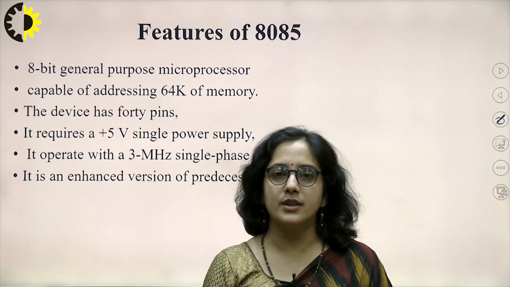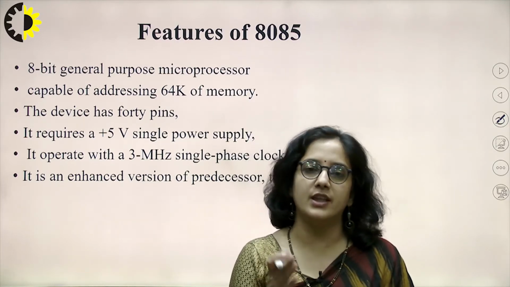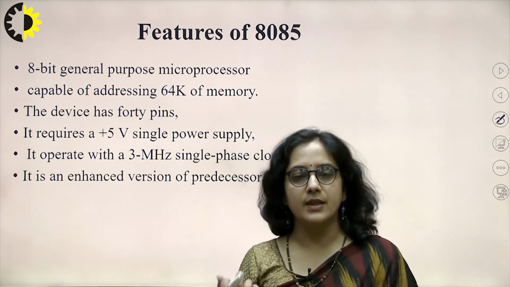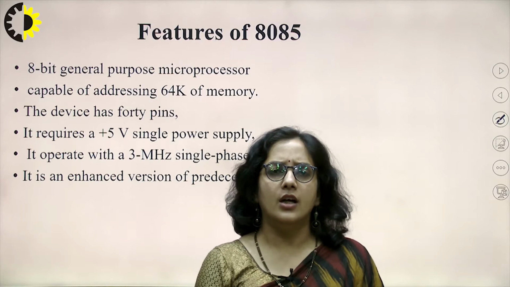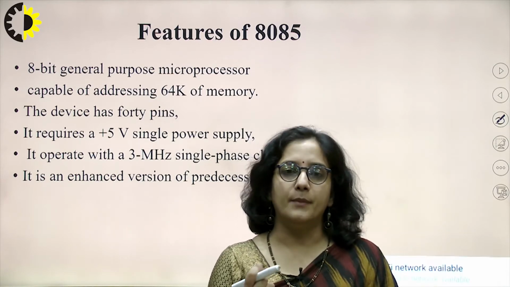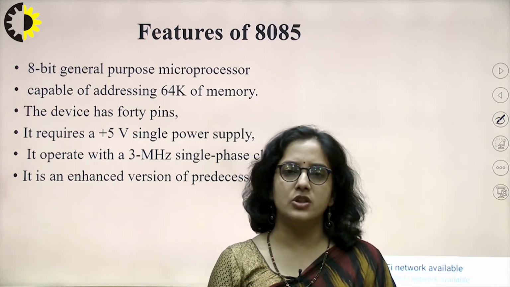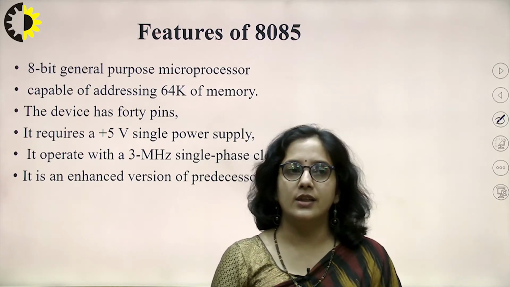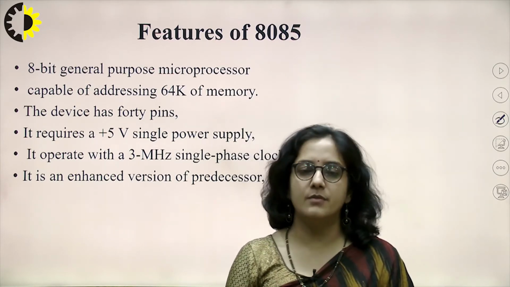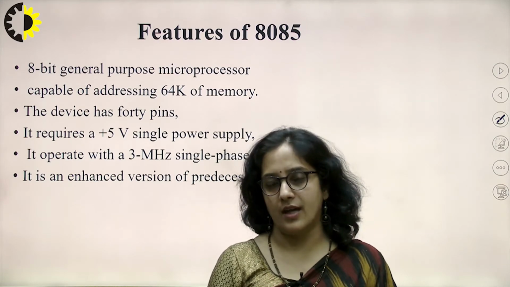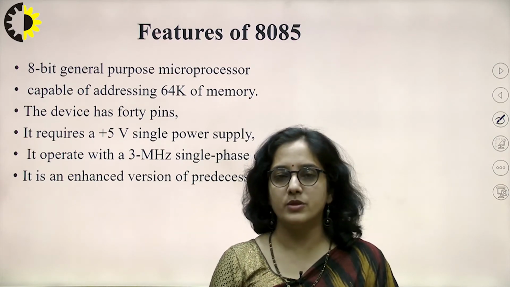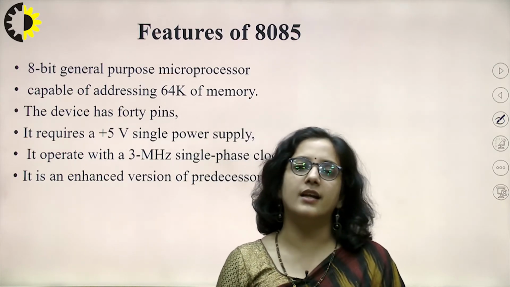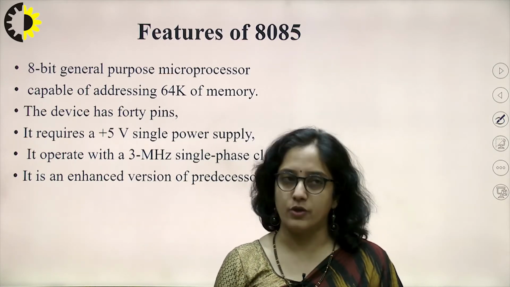And it can perform any operation, whether it is an arithmetic operation such as addition or subtraction, copying of data, or multiplication. Any operation will be performed on 8 bits itself. And as I told you, it is a general purpose microprocessor, meaning we can perform any task. This microprocessor is not for some specific task. We can assign any task to this microprocessor.